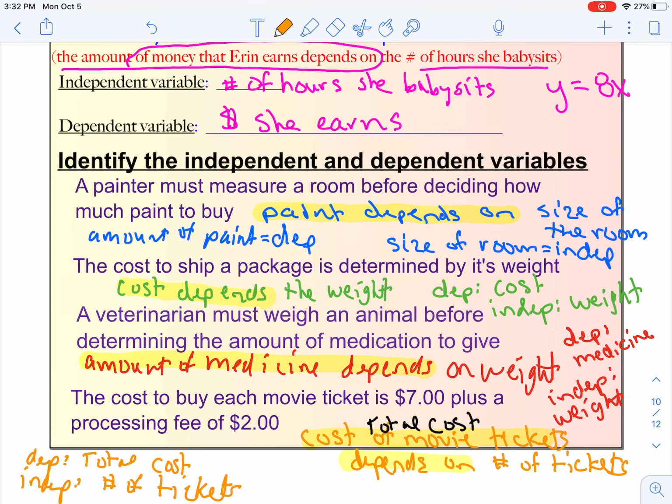Okay, that is the end of day 2, working on domain and range of both discrete and continuous functions, and starting to look at what are the independent and dependent variables, the input and the